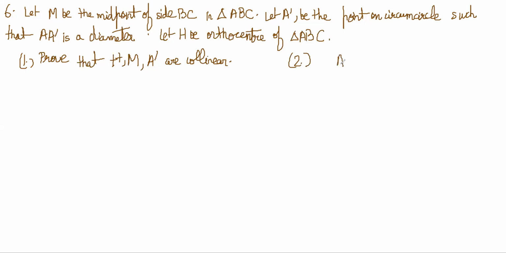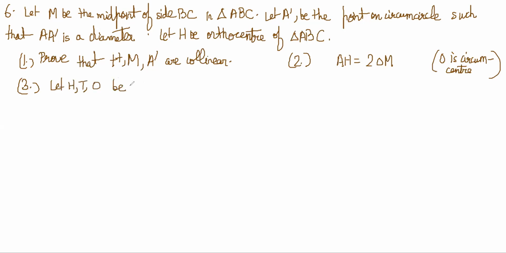Second thing, AH is equal to 2OM, where O is the circumcenter. And then we come to the Euler line. Third result from here is: let H, T, O be the orthocenter, centroid and circumcenter,